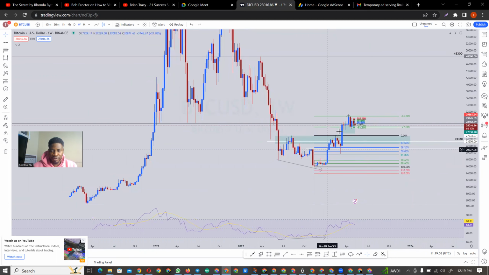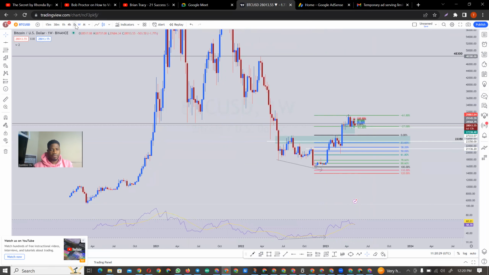Then we have the breakout. That is why I put my fib from point A here to point B. Once you see a break of structure, you put point A, point B, point C, then the market touched negative 61.8. I sent this message to some of my friends, that Bitcoin is about to reverse. You know, as technical analysts, we see all these things on the chart. We see all of them.